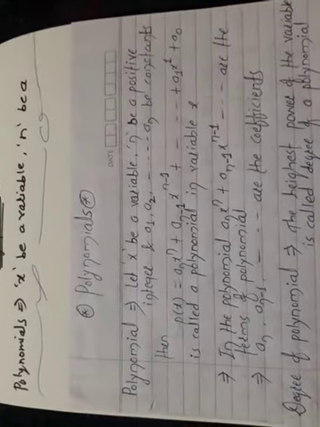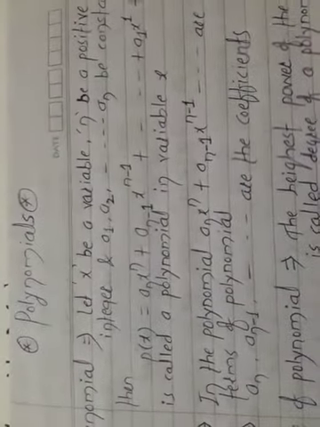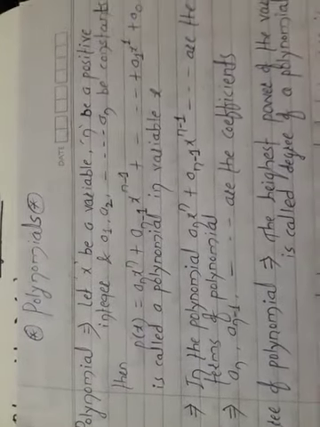Degree of polynomial, I have written here the definition. Degree of polynomial means what? The highest power of the variable is called the degree of polynomial. Okay, you have to write all those terms which I have shown here today. You will come to know that, for your understanding purpose I am showing this. Remaining points also I have written over here, but we will see in the next video. But today what I have taught you, listen carefully and write in your notebook.